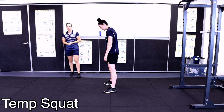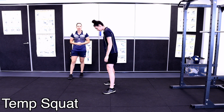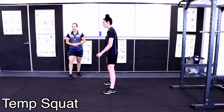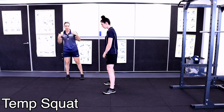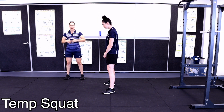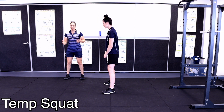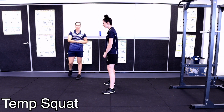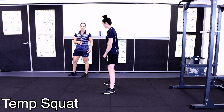So for Friday's workout, the first exercise we're going to be doing is a tempo squat. We've got 3 variations of this tempo squat. From our squat position, which is our feet roughly shoulder width apart, whatever feels comfortable to you, turning your feet out, straight, narrow stance, as long as you're hitting that depth of your femur bone or your thigh being parallel